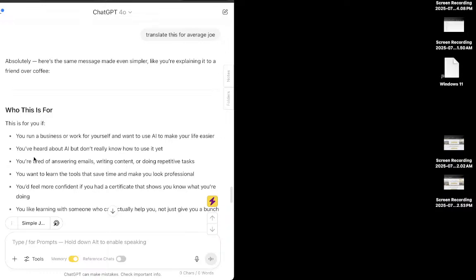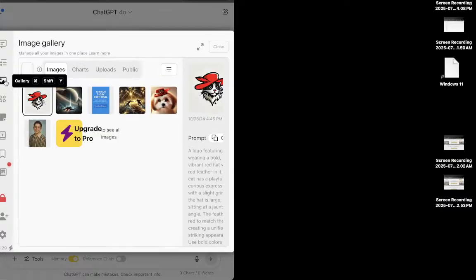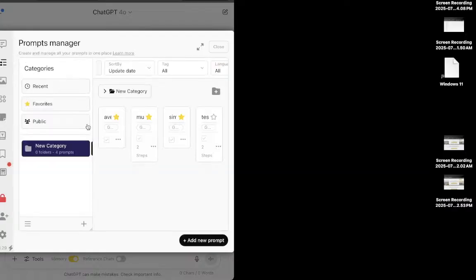So that's number one. Number two is if you click the lightning bolt, this is where you can manage stuff like all of the images that were generated in this account. You can quickly see all of your custom prompts. I know it's a little hard to see there. You can see all of their custom prompts. You can also do